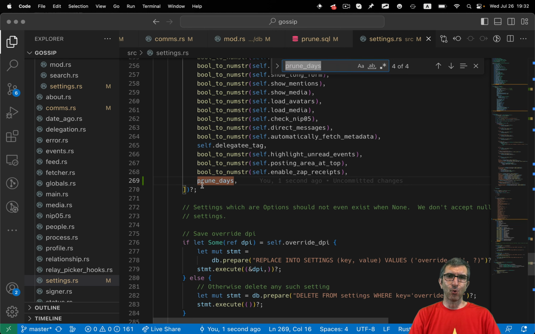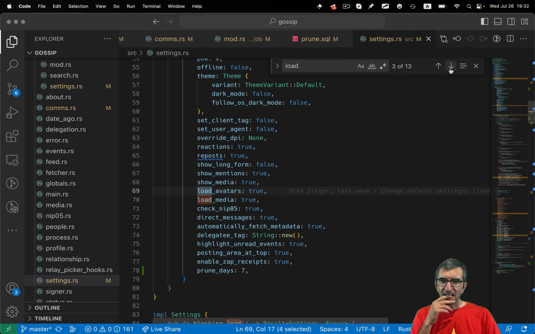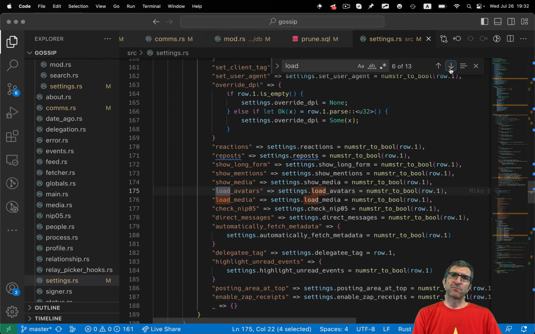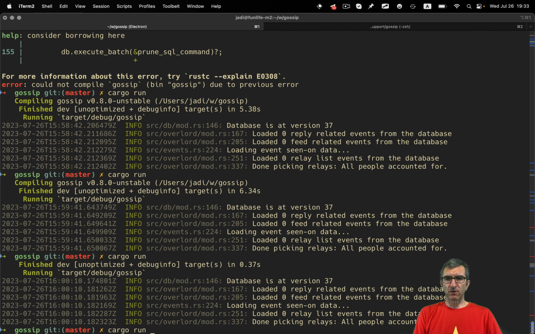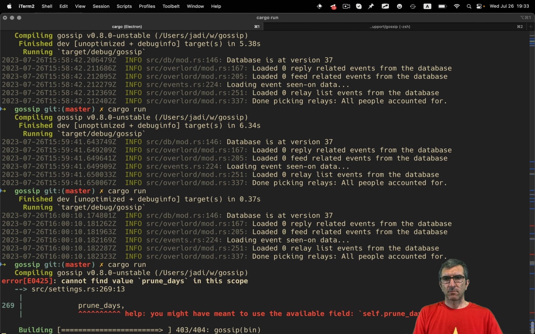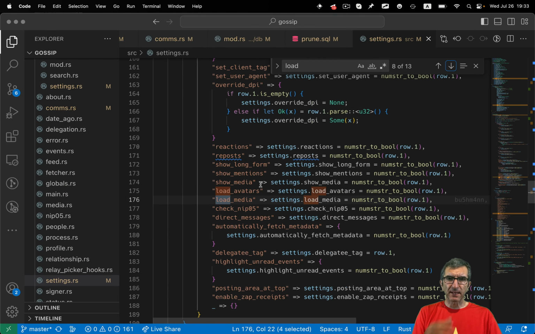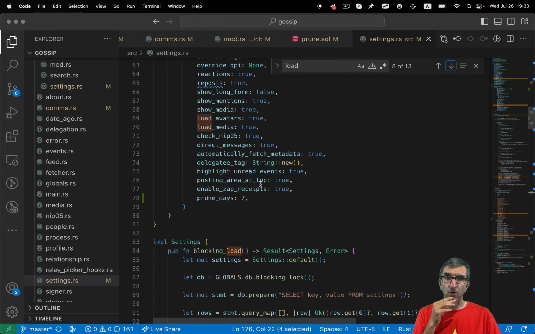But there should be a load too. No, there isn't. Okay. No problem. Let's run this and see if we are doing it correctly. Prune days, help. Oh, everyone had a self. I forgot self.